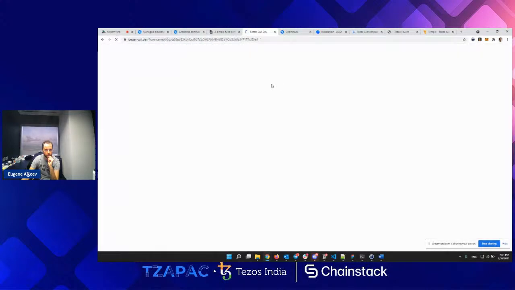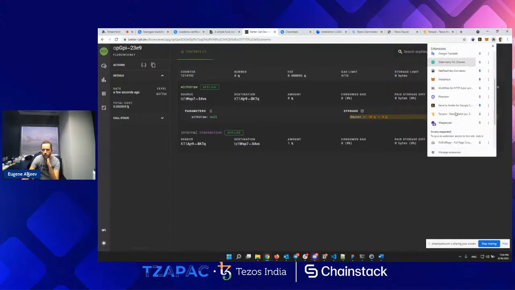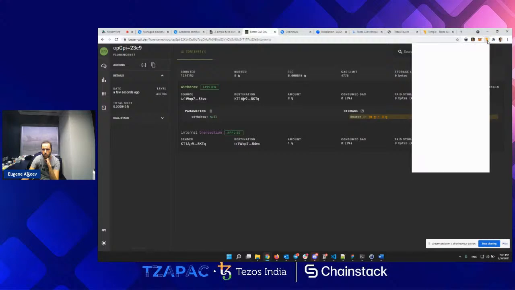So can we see this transaction right here? Withdraw, applied, 10 to 9, very nice. So we withdrew 1 Tez using this transaction. Oh, I can see probably something in the wallet here. Also, let's check my Temple wallet. Assets, activity.